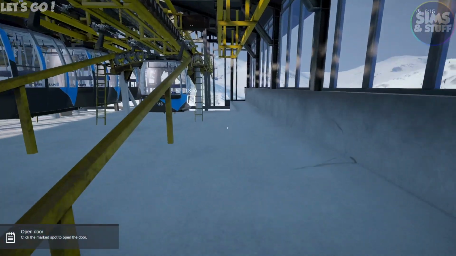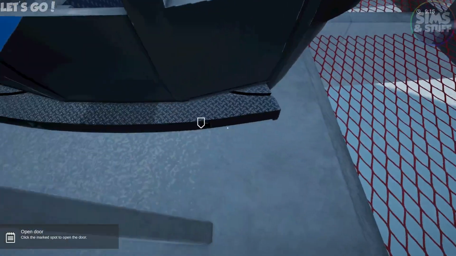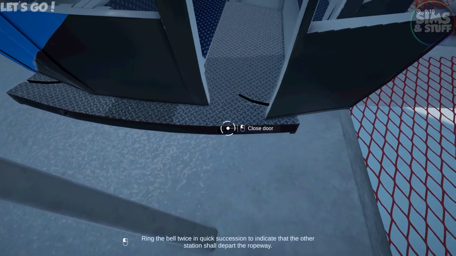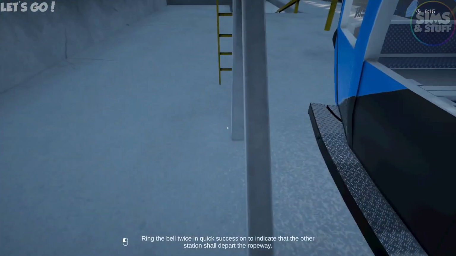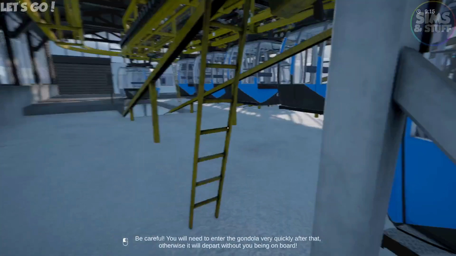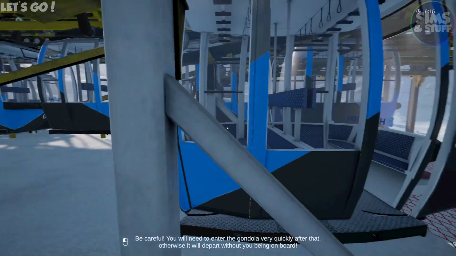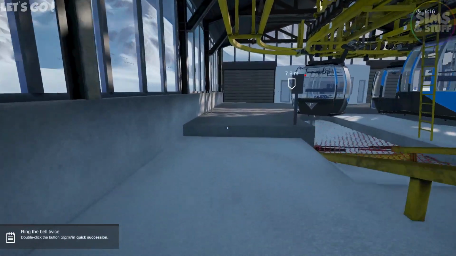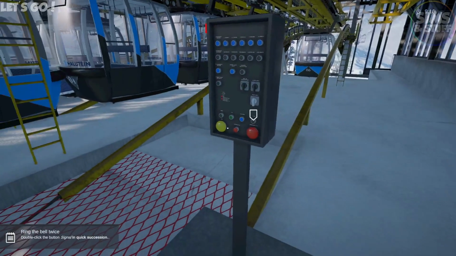Open the door. So I get on all the way down here. So you click the manually open door thing. There we go. Ring the bell twice in quick succession to indicate the other station shall depart the ropeway. What? Okay, we need to enter the gondola very quickly after that. Otherwise it'll depart without you being on board. Okay, so I've got... Oh, this is going to be the fun bit now. I'm going to be left behind, aren't I? So...